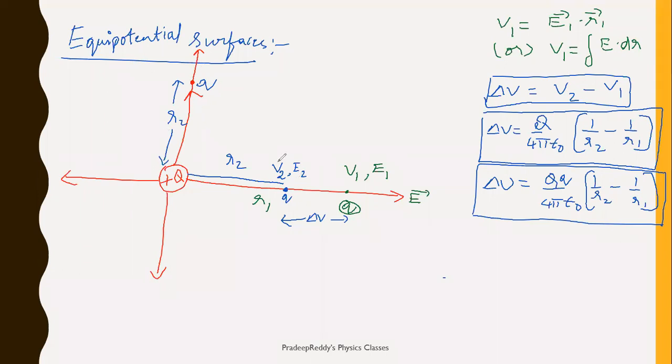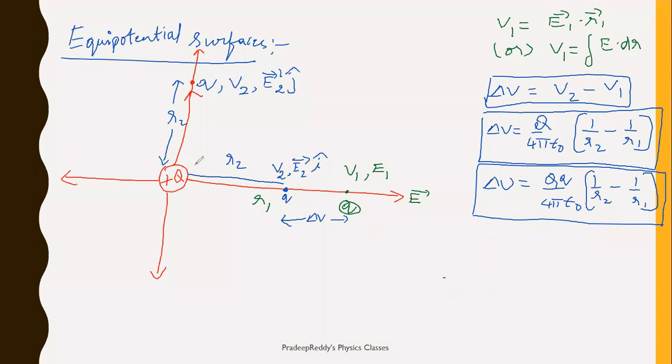Therefore, the potential V2 which you got along the east direction, the same potential will be obtained here, that is V2 as it is, but the electric field will vary. Here you will get it as E2 dash. Why am I writing E2 dash? The electric field E2 is a vector quantity, right? If you write E2 along the east, it is in the I cap direction, but coming here you should take it as J cap. The electric field direction changes, but the magnitude remains the same. As the direction is changing, it is a vector quantity. But potential is a scalar quantity.